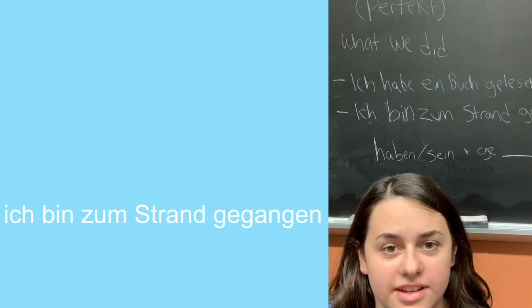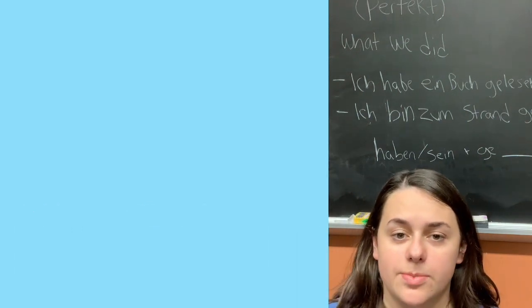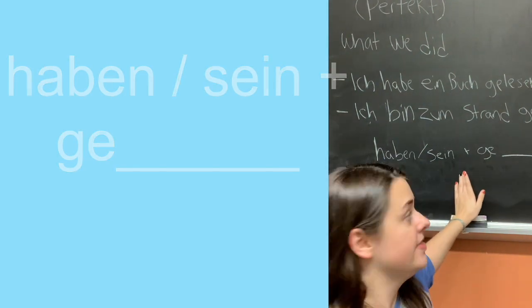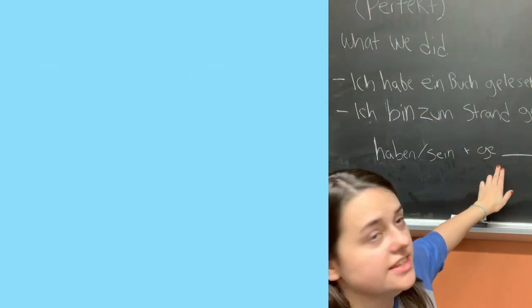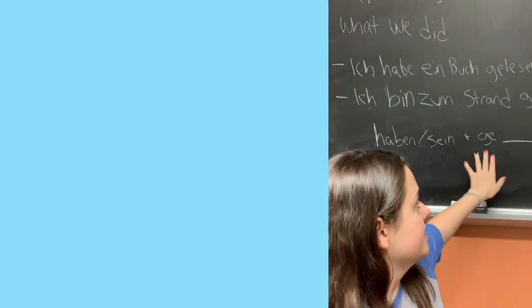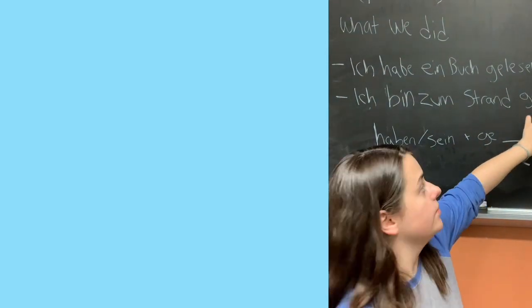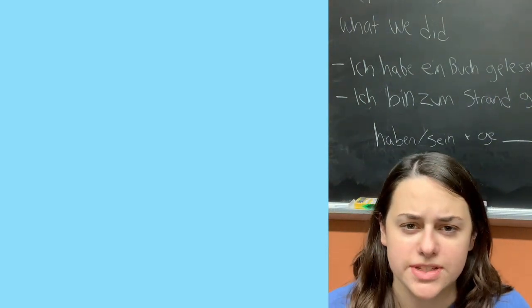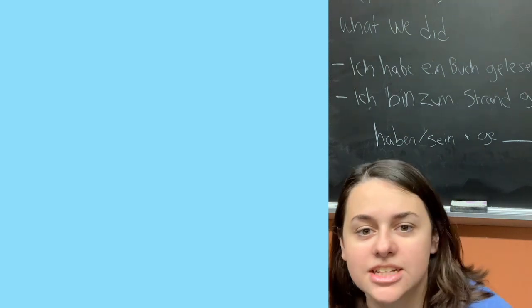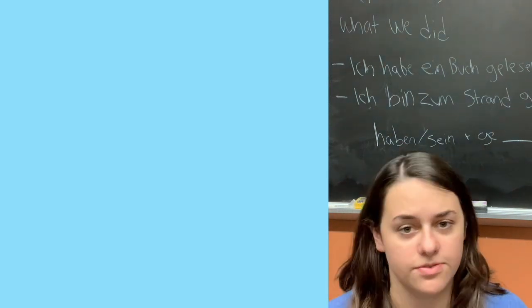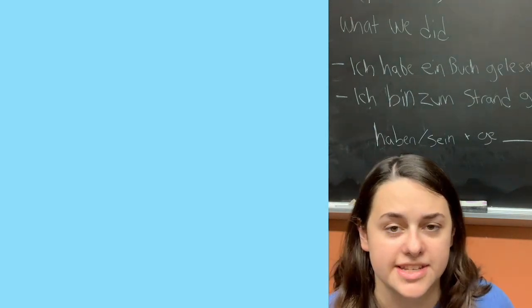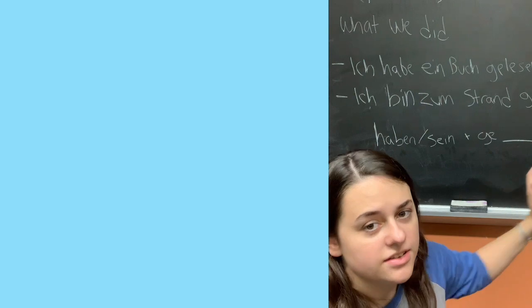And the important thing with this is that when we talk about the past, we add haben oder sein, and then plus ge, the verb. So for example, our GE is gegangen und gelesen. And it's not always GE, but it is most of the time. So if you have to guess, GE plus a form of the verb. Gegangen, gelesen. That means it is in the past. And so we have our GE verb, haben und sein.